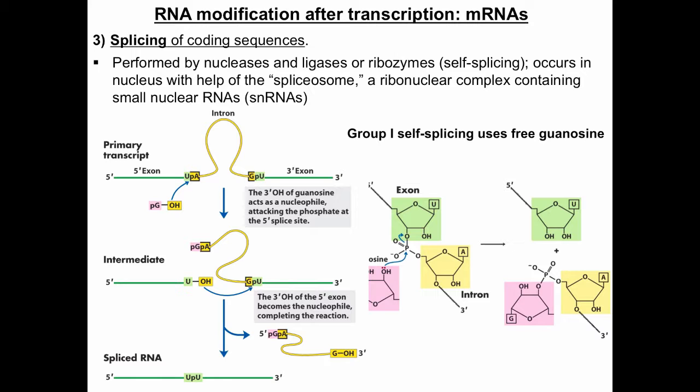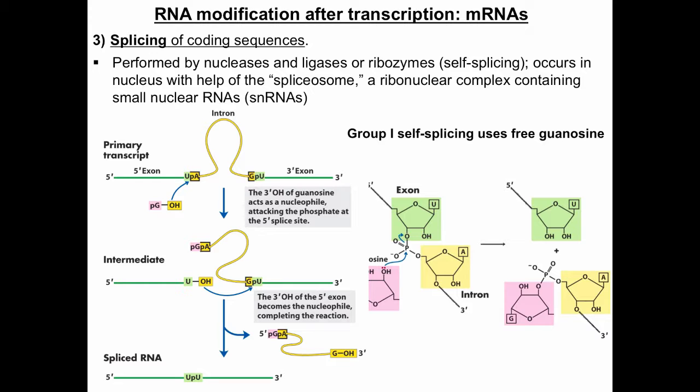It's going to attack the 5' phosphate of the intron, which will then displace the 3' hydroxyl group of the 5' exon. Now we have that free guanosine attached to the intron by a 3',5'